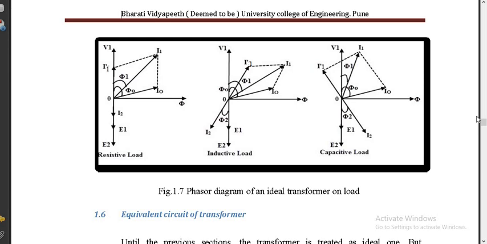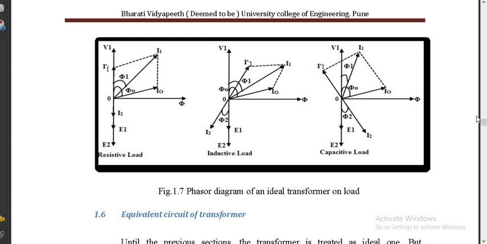So it was basically the transformer on no load phasor diagram as it is intact. Then we showed I2 which was in phase with E2 in case of resistive load, exactly same in magnitude but opposite in direction, 180-degree phase shift. It was I1 dash, and the summation of I1 dash and I0 in phasor form is what is I1. Similarly, it was inductive and capacitive. Only differences: in inductive case, I2 is lagging behind E2, and in case of capacitive loads, I2 is leading E2.